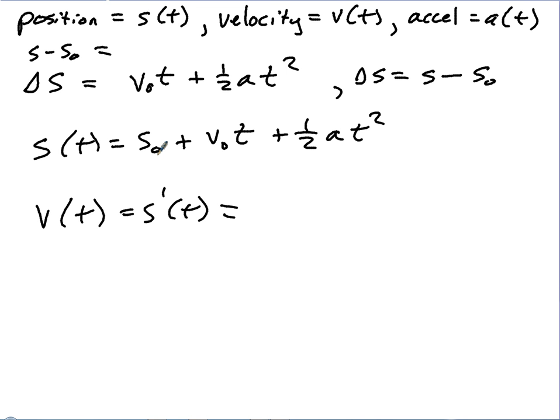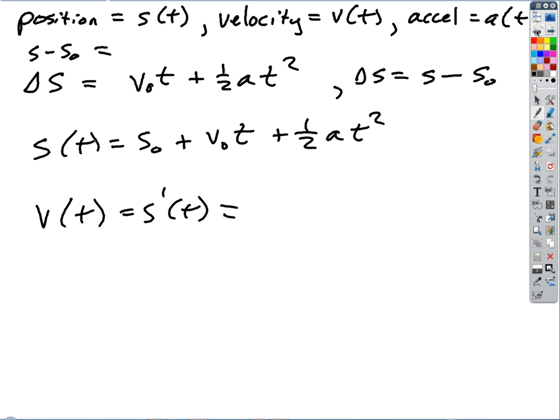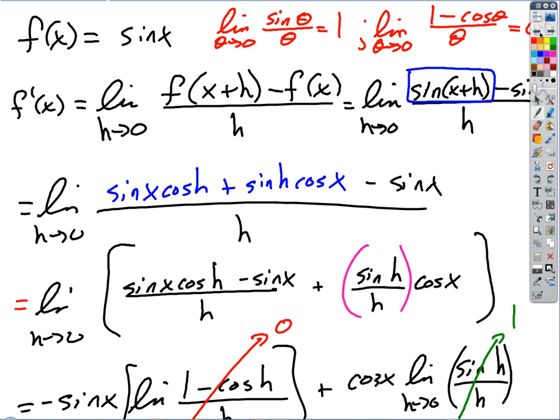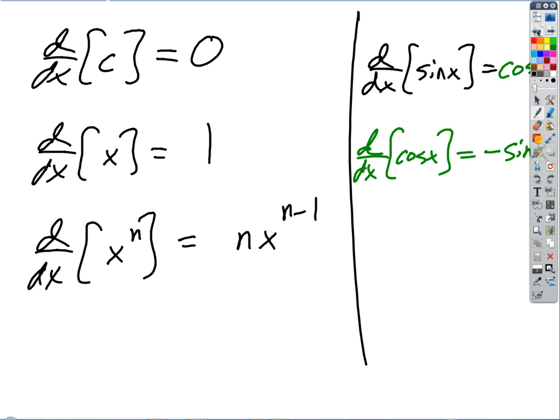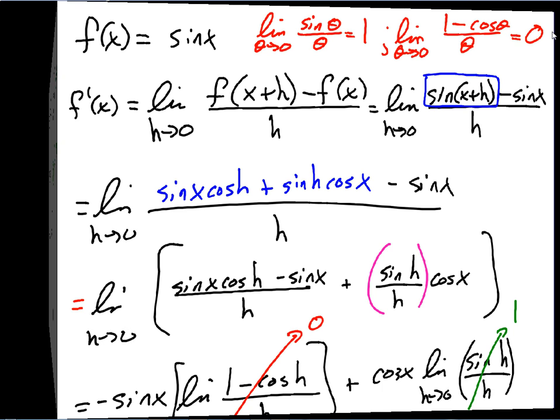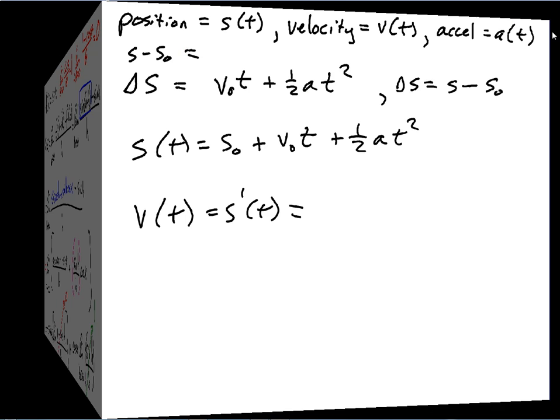So the derivative of the first term, which is a constant, the initial position, is just a number. That's a constant, so the derivative is going to be what? 0. The derivative of the second term, I've got some constant times t to the 1. So what's the derivative of t? Now, instead of x's, we're using t's. It's 1, isn't it, right? As we said, we have our little list. Where's my list? Right there. Okay, now it's a t instead of an x. And so we end up with